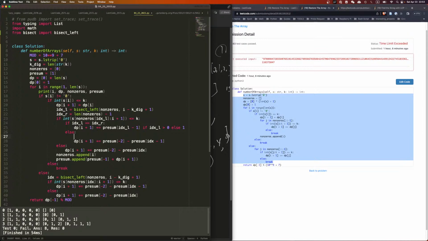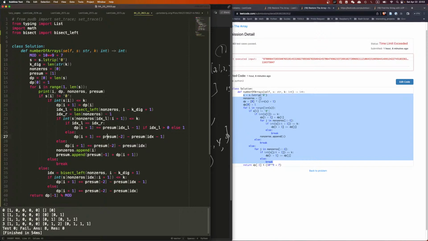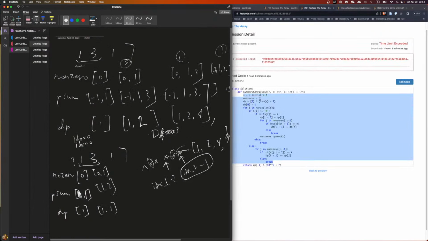Else, if that's not the case, then it shall equal to index right minus 1, right? Minus index left minus 2, right? Right minus 1, because we start from here, we add this, and here